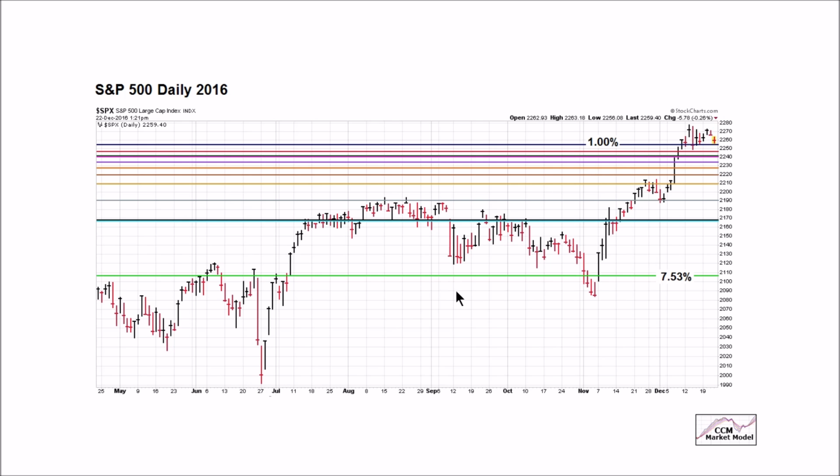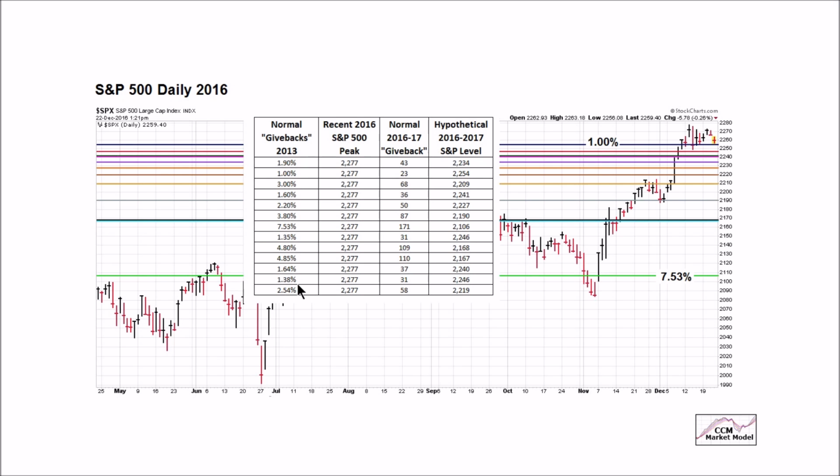And these horizontal lines represent pullbacks that would be similar to the pullbacks that we just covered from calendar year 2013. Here are the percentage givebacks or pullbacks that we just covered in 2013. If we assume the S&P 500 pulled back from this recent peak here, which was 2277, we could drop all the way back to roughly 2100 if we saw a 7.53% drop, similar to the 7.53% drop that occurred in what appeared to be an easy calendar year, 2013. If price moved to any one of these lines, it really wouldn't be particularly alarming, most likely, from a trend